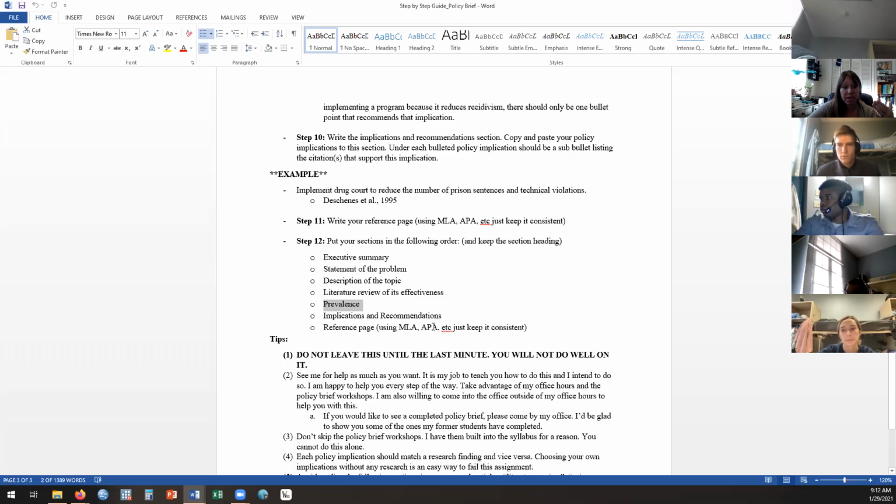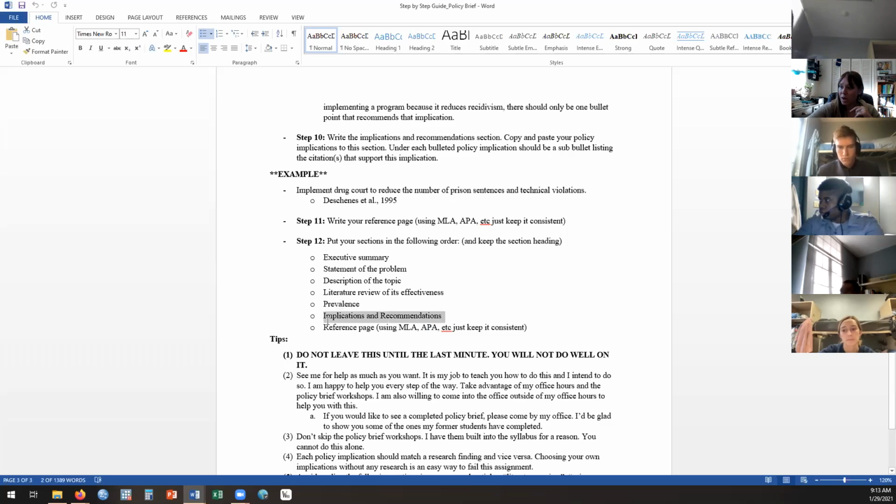Or if they exist in all these states that have this particular issue, like if it's a drug treatment program, like if they exist in the states that have a high opioid addiction and our state has that high opioid addiction, but we don't have that program, that also gives them reason to implement this.